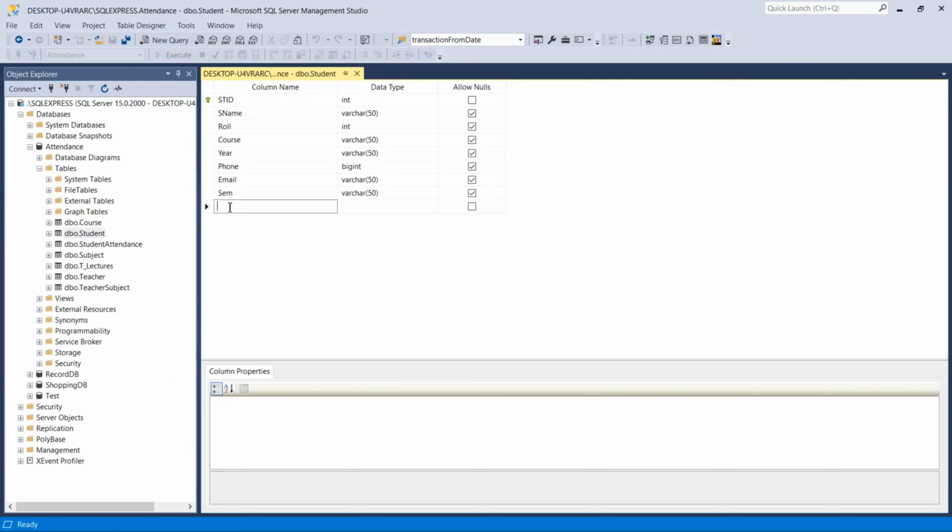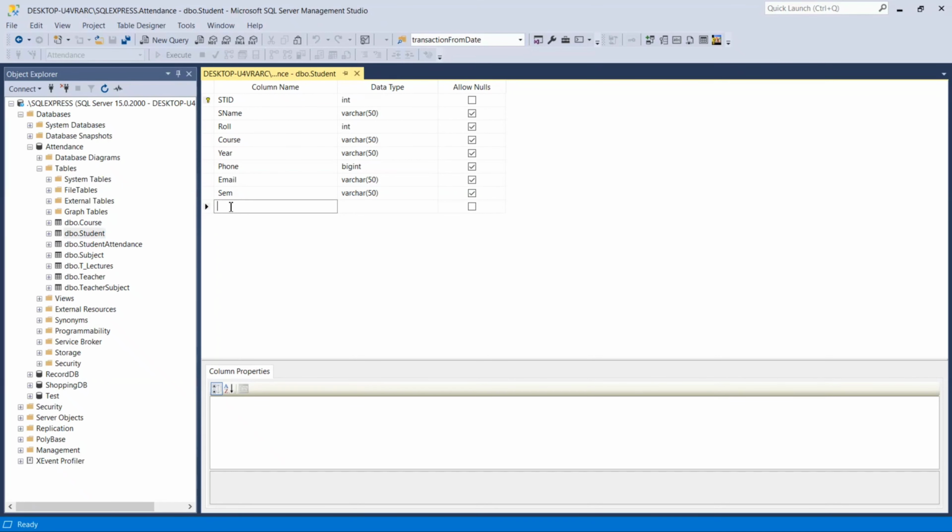But we haven't given the password column for the student table, because when the admin added a new student record, at that time we did not provide any password field. So we are going to implement that part also in this video.